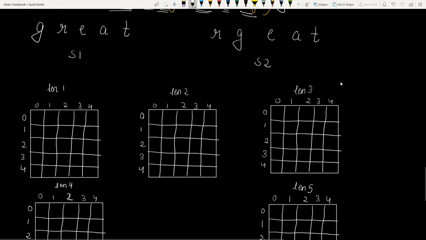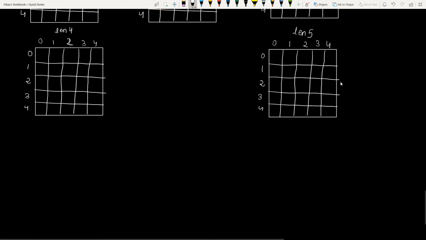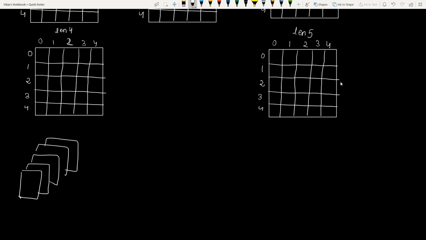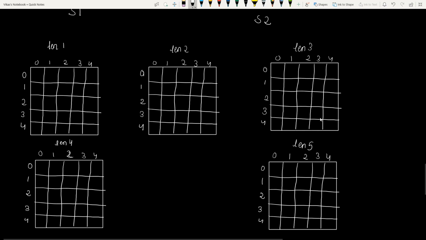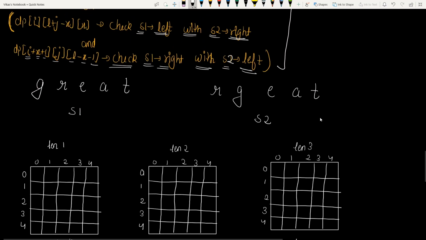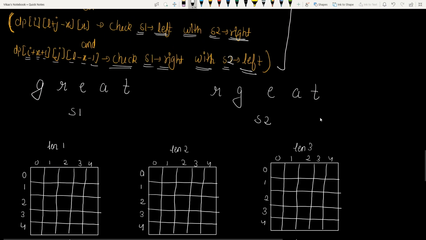If you stack them up, it will look like a 3D dp. We can't form a 3D dp on 2D paper, so that's why I have created 5 2D dps, because the length of the string is 5.